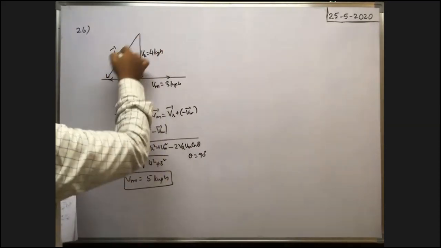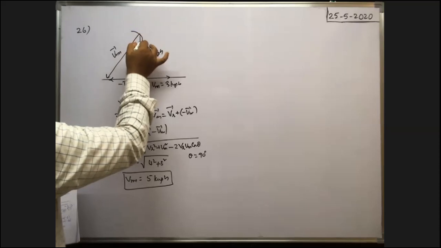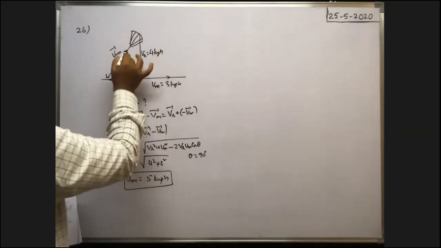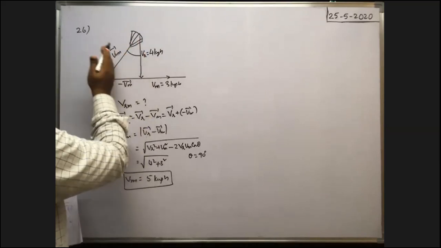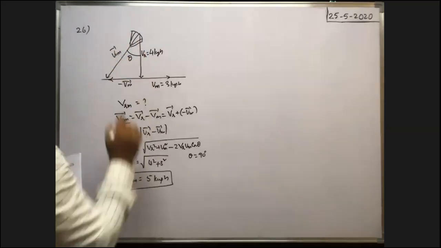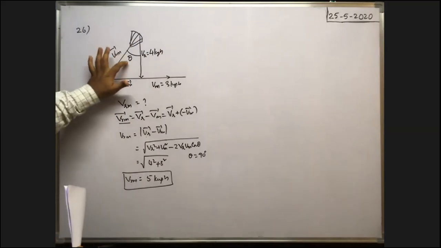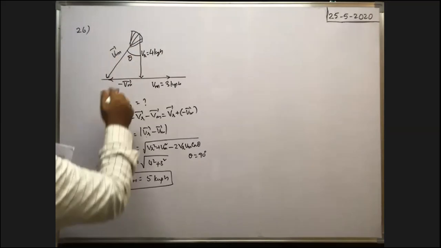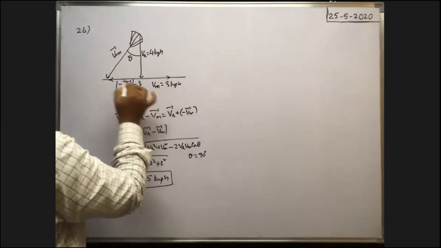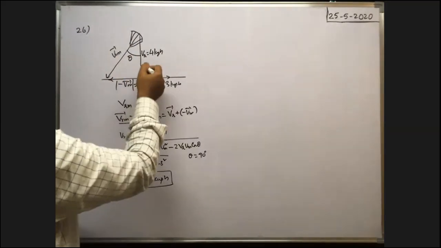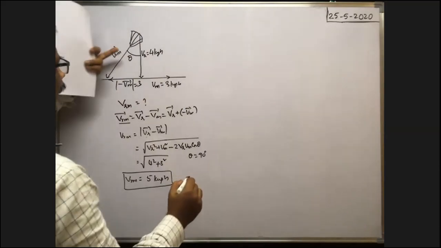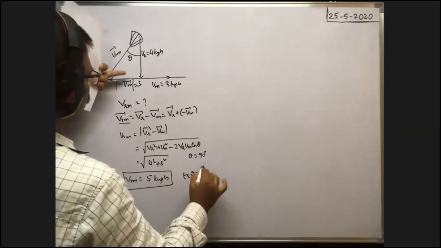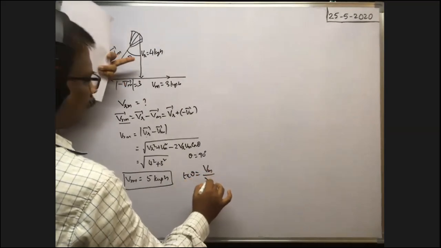Along whatever the direction of the relative velocity of rain with respect to man, along this direction we have to hold the umbrella. With what angle? With the vertical we have to hold the umbrella. That means this is the angle. So how can we find the angle? For this theta, the opposite side is given and the adjacent side is given, because the magnitude of minus VM bar is 3 only. So the opposite side is known, the adjacent side is known. So the direction with the vertical along which the umbrella is to be held means tan theta is equal to the magnitude of this one by this one.